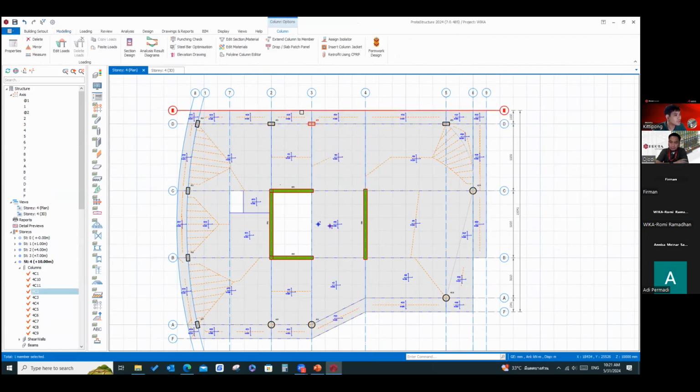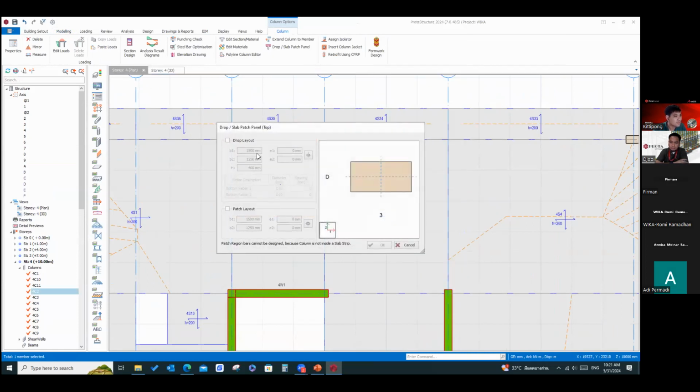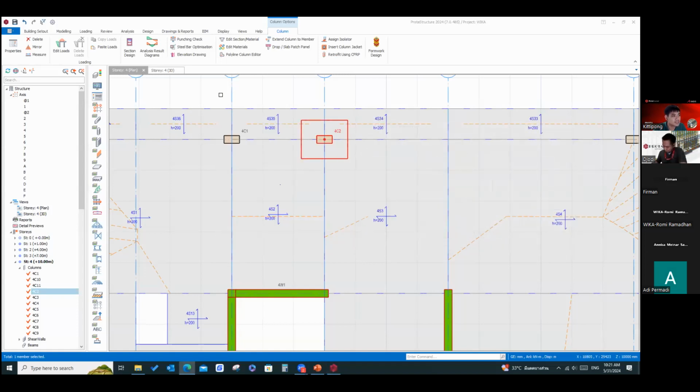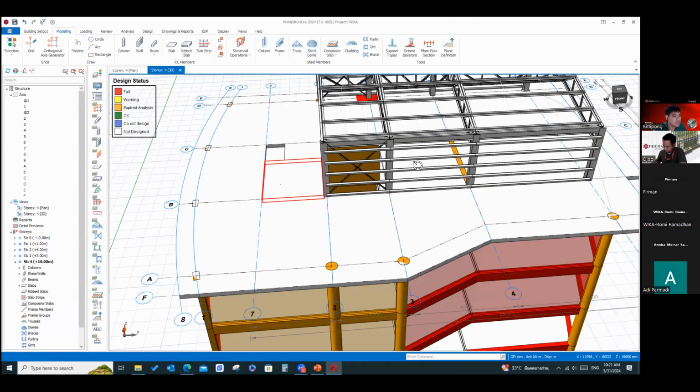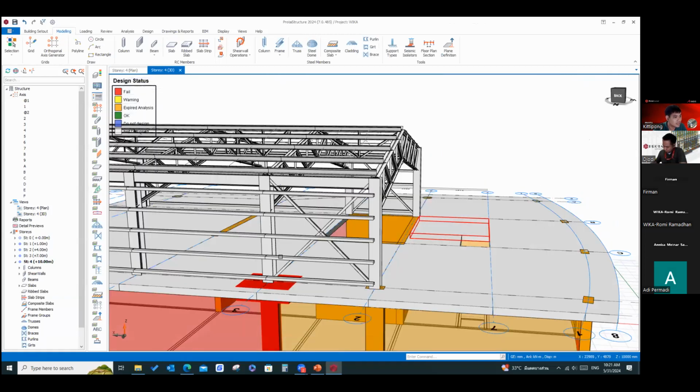So at this point, we can also input the slab, the drop panel, or the pad like this. Just input the parameters and done. Like this.